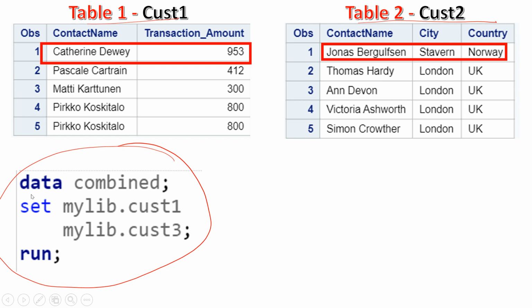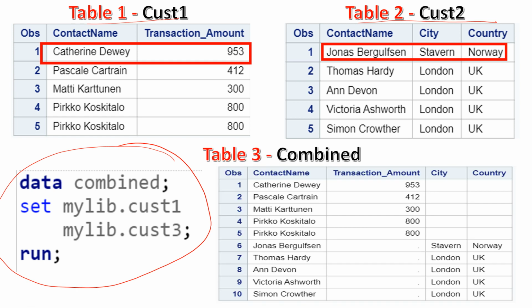We type the data step as before, put set once, then provide the first table name, then the second table name followed by the semicolon. In the previous example we used two semicolons and two set statements. Here we are using one set statement at the beginning and one semicolon at the end, and you can run this. After doing this, you would have output something like this.